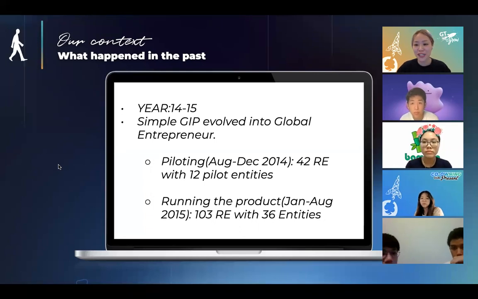It was called Simple GIP. It was a very cute name. And then it evolved into Global Entrepreneur. So you can see these were the results they were having. And back in that year, because everything moved very smoothly and very fast,